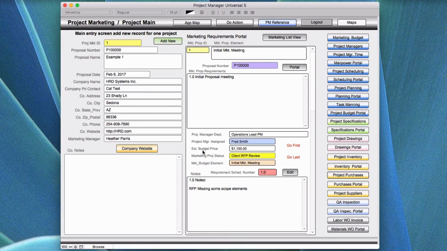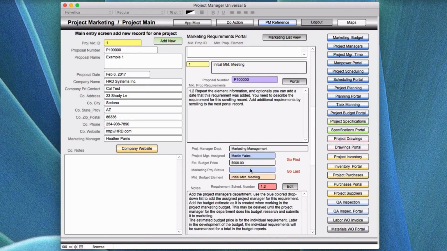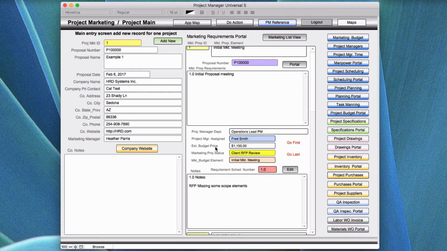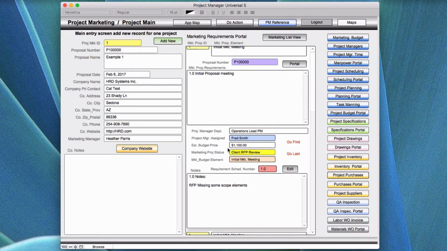The cost estimate for this particular budget is $1,100 for this element. Okay. Each time you move to a different screen, you're able to put in an estimate. For example, this one's 900 and so forth. So if you have 10 people coming to a meeting for 2 hours and they have different labor rates, you're going to see different things that'll pop up here as far as an estimate for this budget element in order to get it completed. So as each one of these go down here and the marketing group does an initial